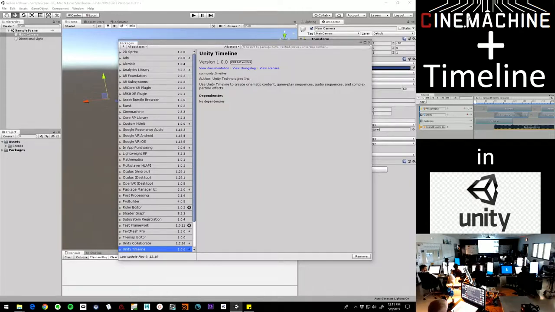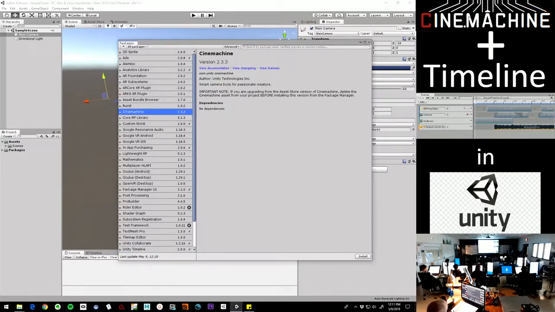All right, so we got to make sure that we have Cinemachine, which is our procedural camera system, installed. So let's click that to install it. And most of these packages will take less than a minute to install. It has to download it from their servers and import it into your project. So here comes Cinemachine, and next,